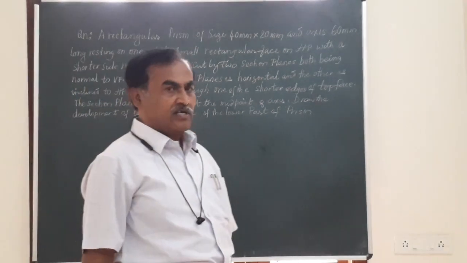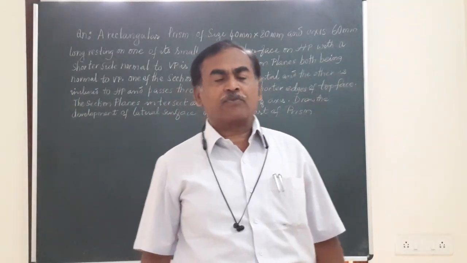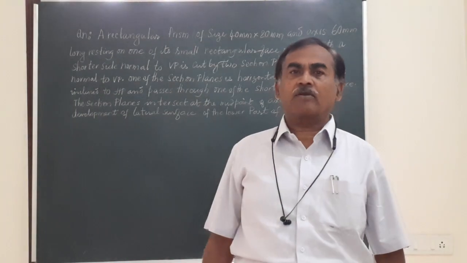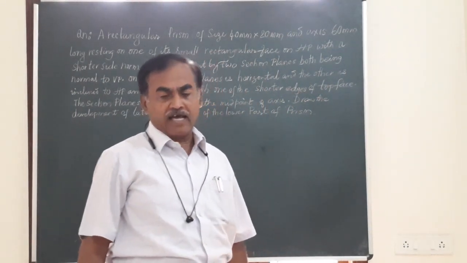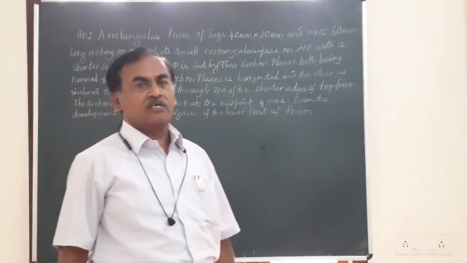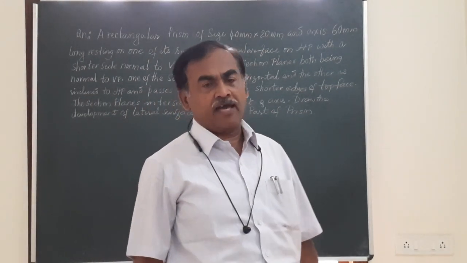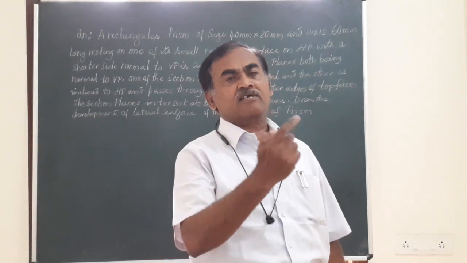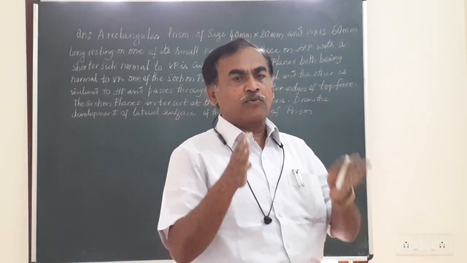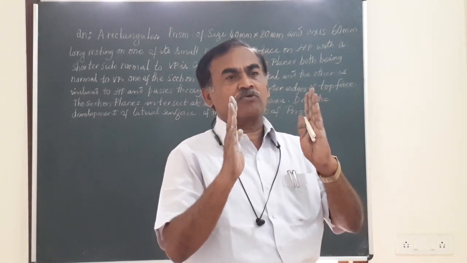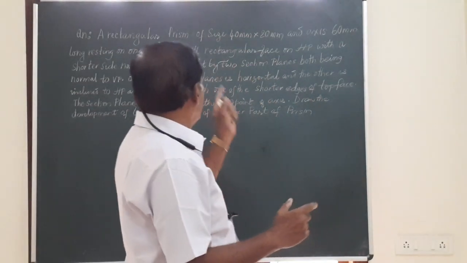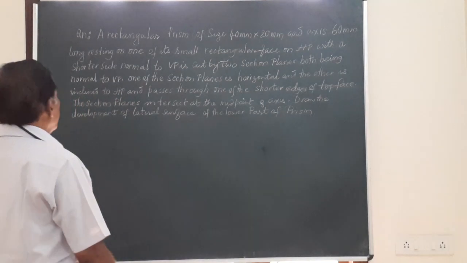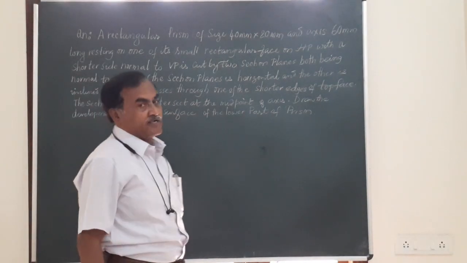Friends, today we have a problem on the development of the rectangular prism. As the name indicates, the prism will have four rectangles on its lateral surface. The opposite side surfaces will be parallel and they will have the same size. And in the question we have for today, a rectangular prism of size 40 by 20.